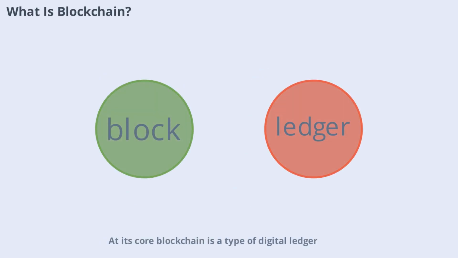At its core, blockchain is a type of digital ledger. Imagine a record book that's not stored in one single place but is instead duplicated across thousands of computers worldwide. Each entry in this ledger is called a block, and these blocks are linked together in a chain, hence the name blockchain. This structure makes it incredibly difficult to alter past records, ensuring that the data remains secure and trustworthy.